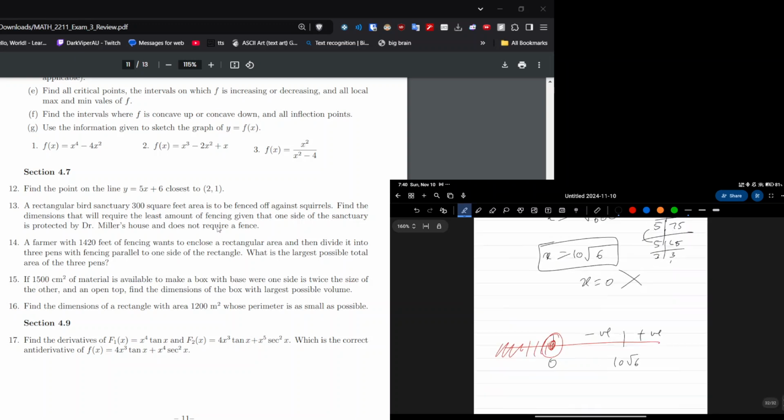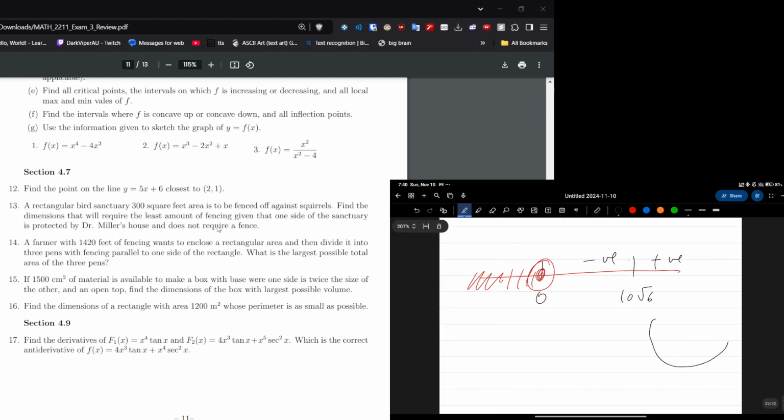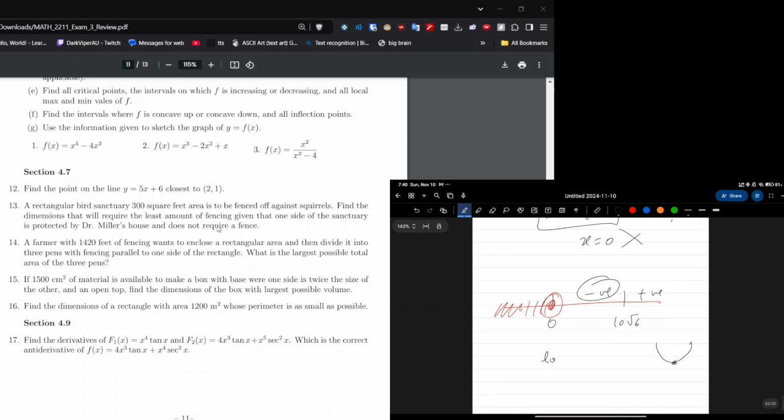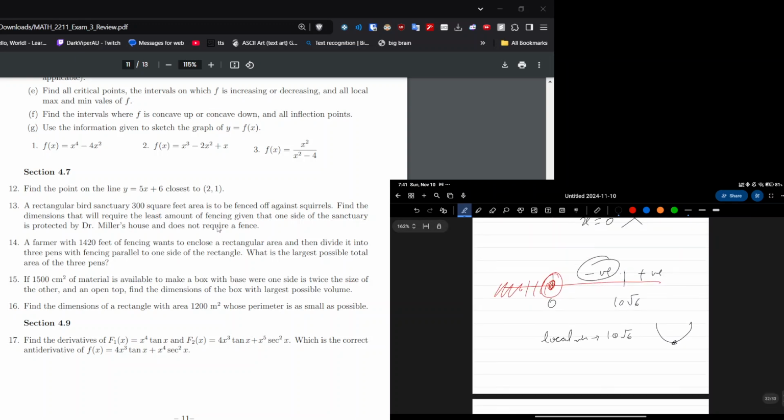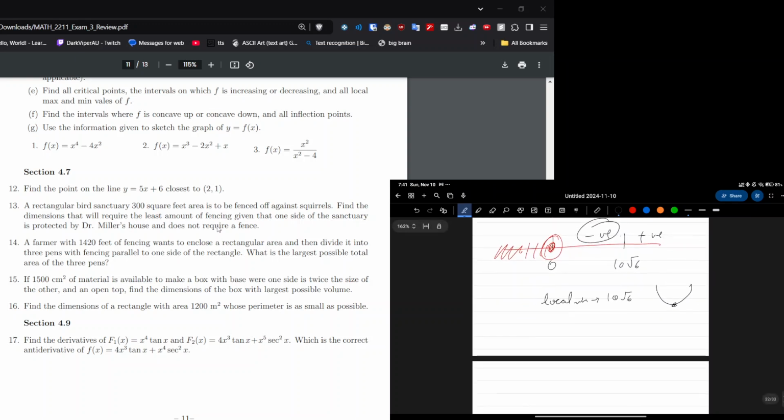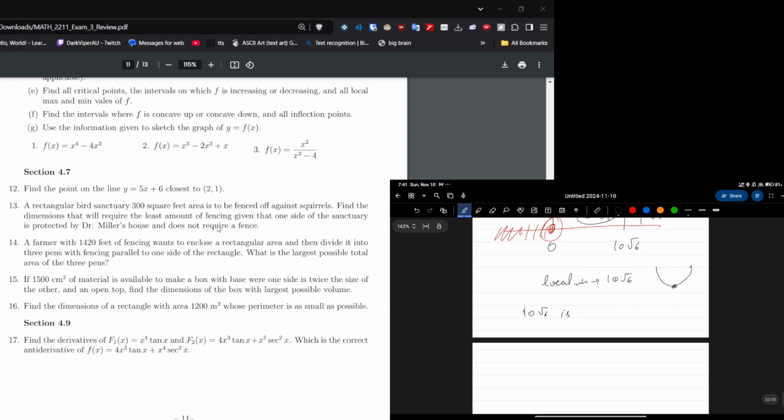Now, since this goes from negative to positive, like this, right? This is a minimum. It's a local minimum right now. How do we prove that this is the absolute minimum? Now, pay attention, everybody. You need to write this line in your question or you lose points. Because 10 root 6 is the only local minimum in my equation,